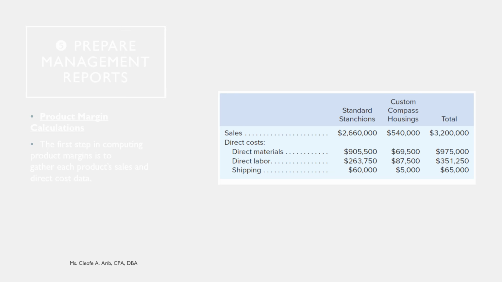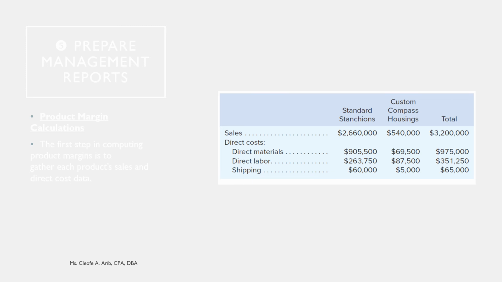The Classic Brass ABC team realized that the profit from a product, also called your profit margin, is a function of the product sales and the direct and indirect costs that the product causes. Now, your ABC cost allocations, as shown in Exhibit 7-9, only summarize each product's indirect costs. Therefore, to compute a product's profit or your product margin, the design team needed to gather each product's sales and direct costs in addition to the